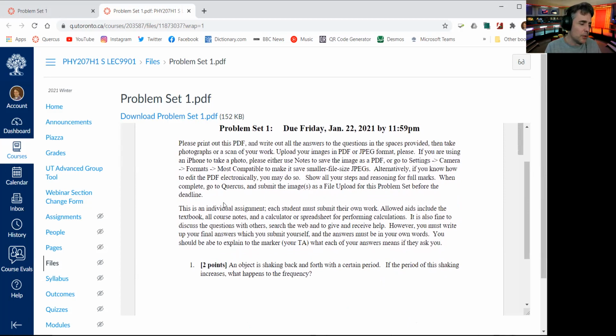This is an individual assignment. Problem set 1 is to be done by individuals only, but I'm planning that for problem set 2 and onward, I'm going to allow you to pair up and do the problem set with one other person or even maybe teams of 3, because I'm hoping that you'll meet some friends in your tutorials.